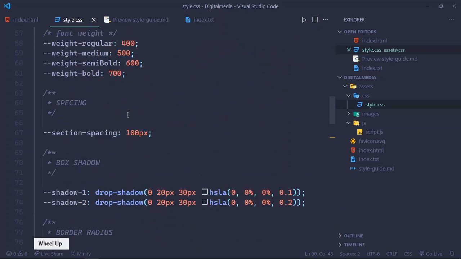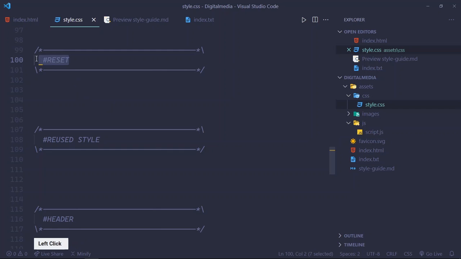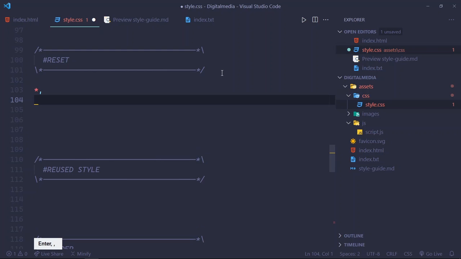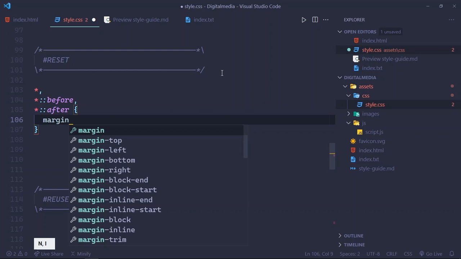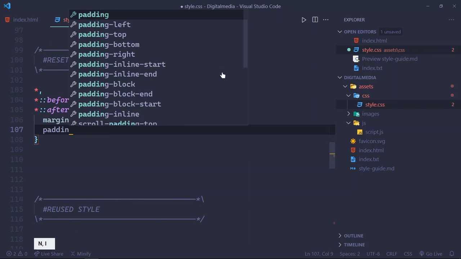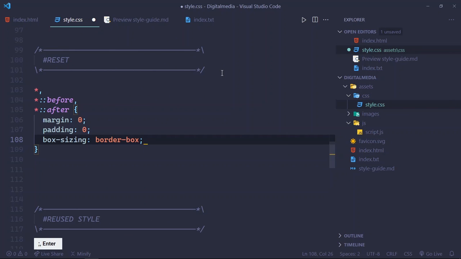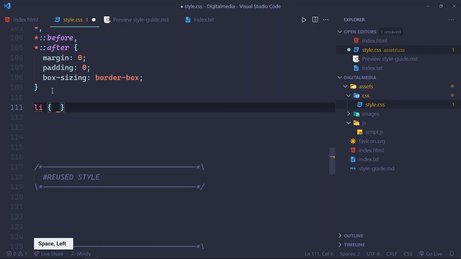Alright, here are all of our custom properties in our CSS file, and then it's time to reset our browser default style for elements, and there before and after will be margin 0 and padding 0. Box sizing will be border box, and then for the list will be list style none,